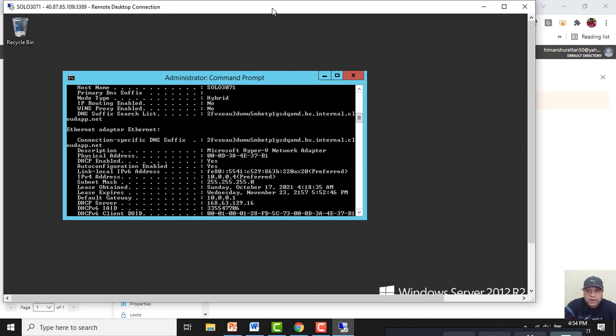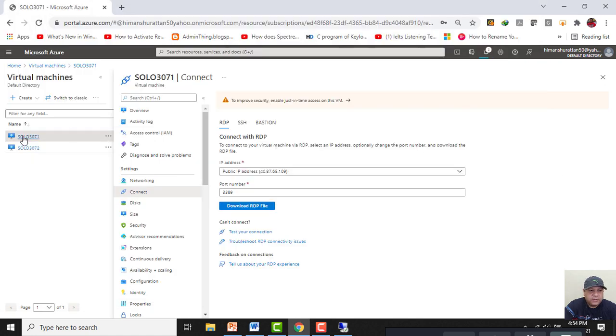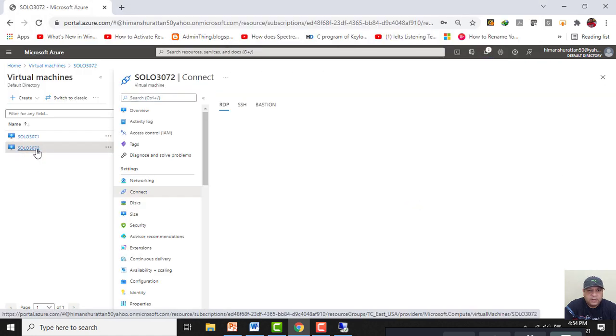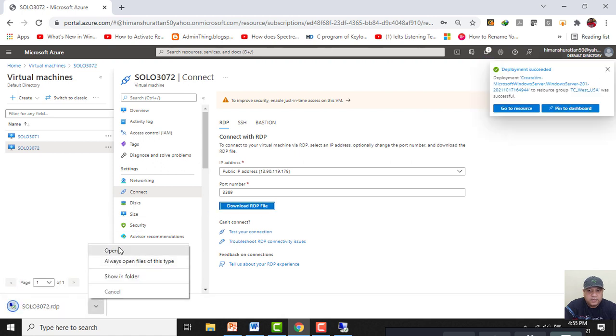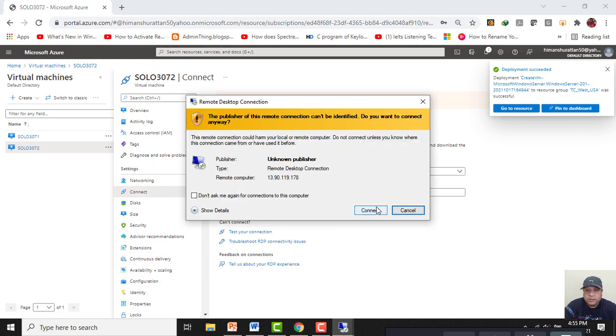Alright. Now what I will do, let me log in into the other VM which is in network B. So I will go here. I will click on download RDP and I will click on open. See, my third VM is also created.